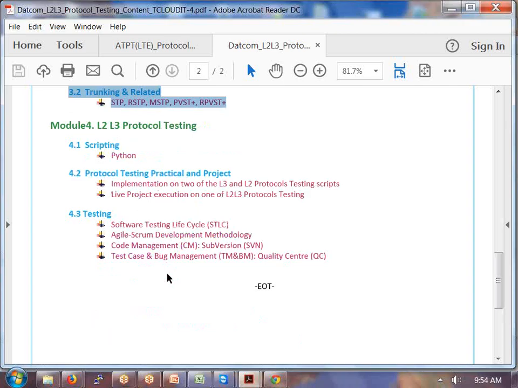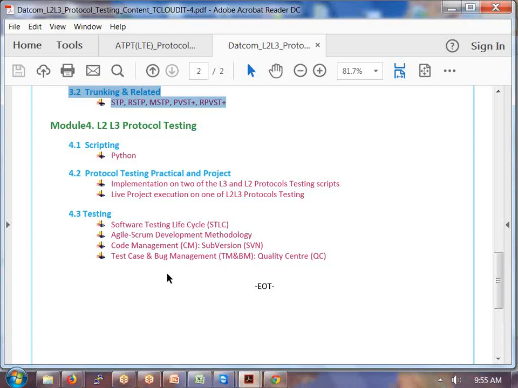Course duration is the same, but protocols are different depending on whether you are working on routing and switching or on LTE protocols. That's it. Companies who recruit you will also be different. If you are going for L2, L3 protocol testing, companies that will recruit you are Cisco, HCL, Global Edge, IP Access, Juniper Networks, TP-Link, these kinds of routing and switching component manufacturer companies will recruit you to test